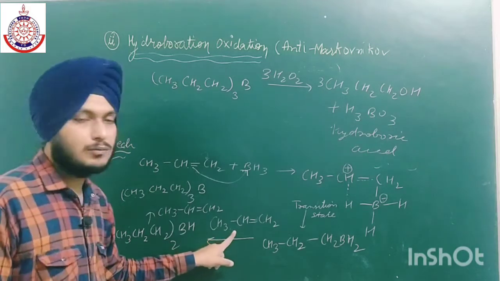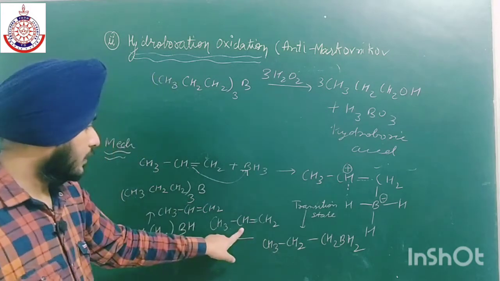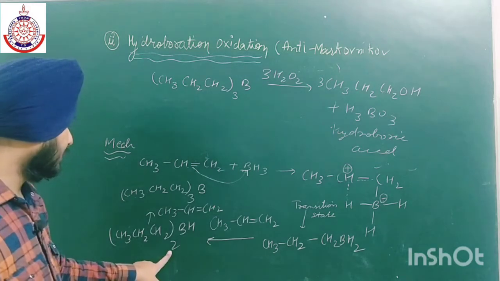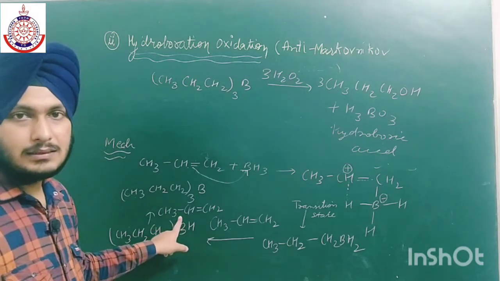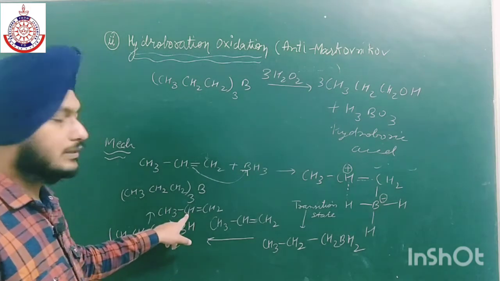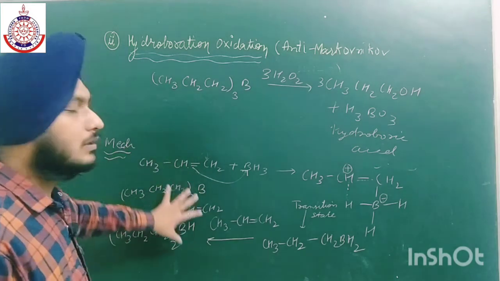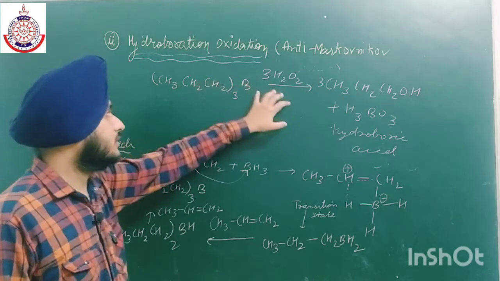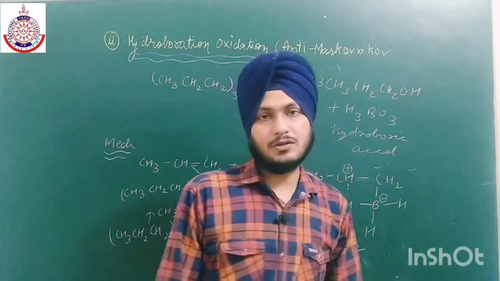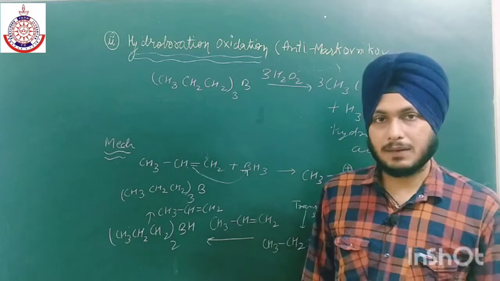Again we have to add another molecule of alkene, then 1 hydrogen from this boron will attach over here, and we will get the same group, so we will get it twice. Again we add the third alkene, and the one hydrogen left on boron will attach to this carbon, and we will get the third same group. And this is all about the hydroboration. Next is oxidation in the presence of hydrogen peroxide, and we will get this product. This is the anti-Markovnikov product. We will not get a secondary alcohol; here we will get a primary alcohol.